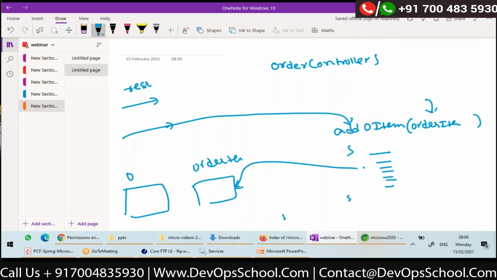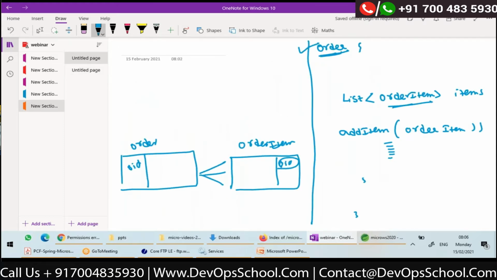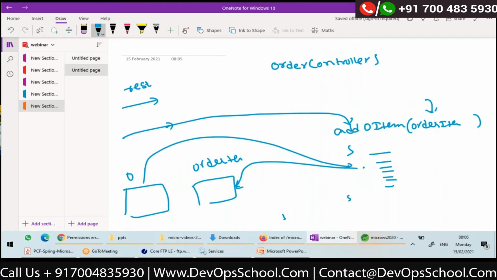What you might do is, first you fetch the order into your code from the database, and on that order you call add order item. So it will be added to the existing list of items. Then you persist the order. The whole state will go to the database, right?